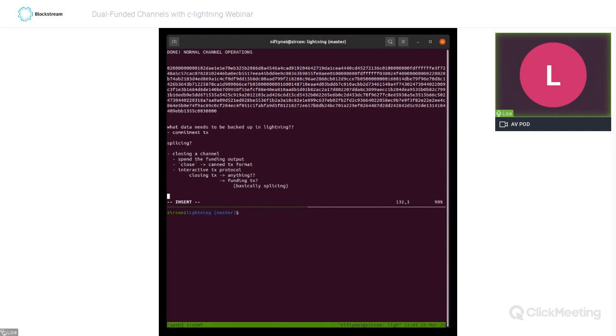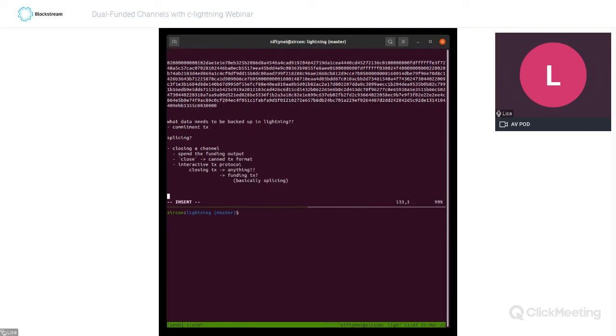This is definitely kind of what you want to happen for a splice. You're going to spend the previous funding output in a transaction, and that transaction is also going to create a new output that allows the channel to continue. So the only question for this whole process is,